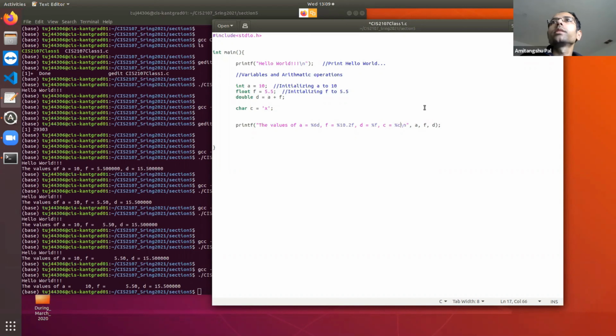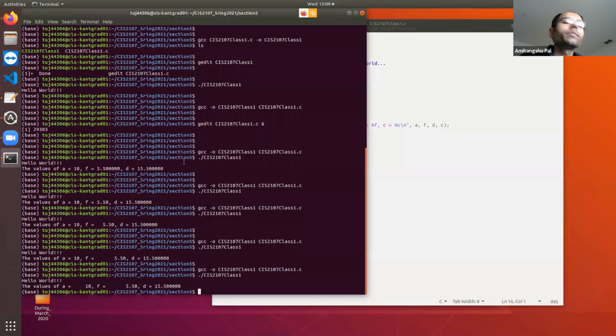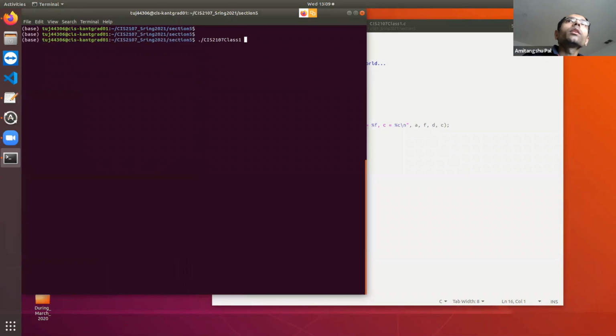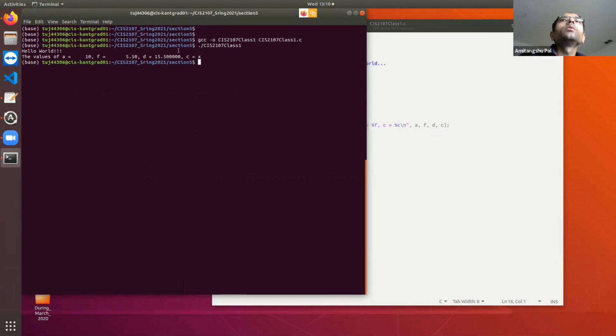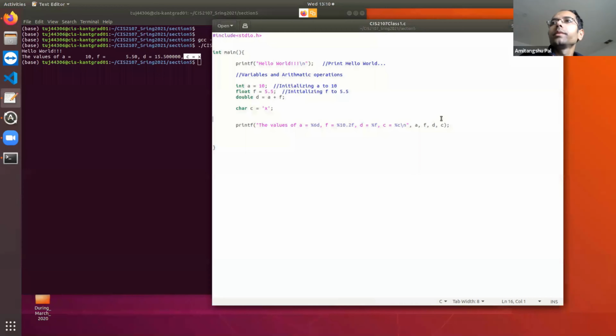So if I want to print c in the same line, then c equal to %c. So c equal to x. All right. In this way, you can print different numeric values and character values.